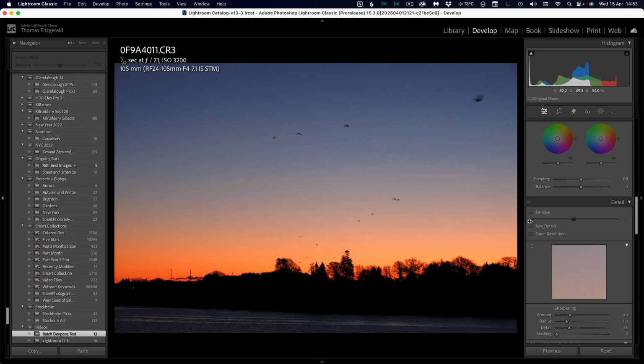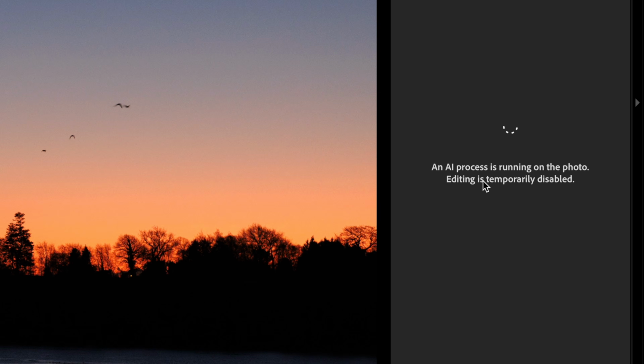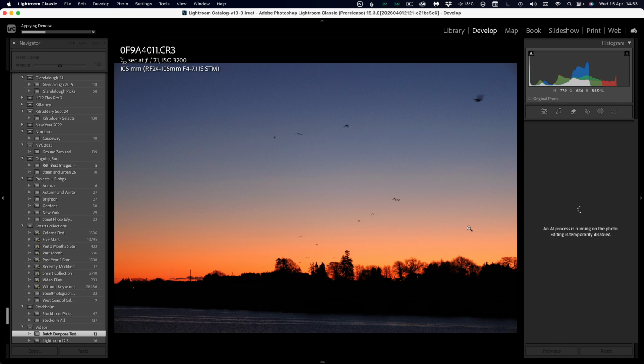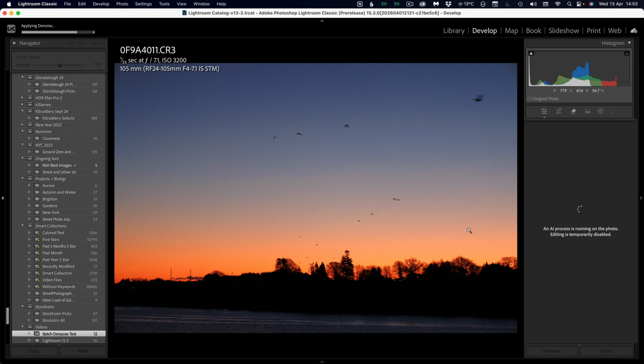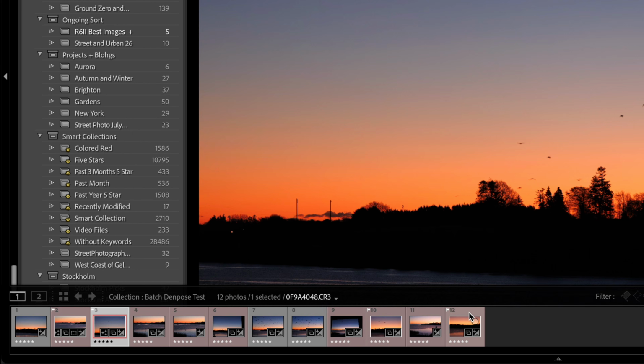So for example, this one, and I hit denoise again, you'll see we get this thing here, and I can still move to a different image and work on a different image, but I just can't edit the one that's currently processing. So if we take that a step further and we want to batch process some images, if I select all these here,